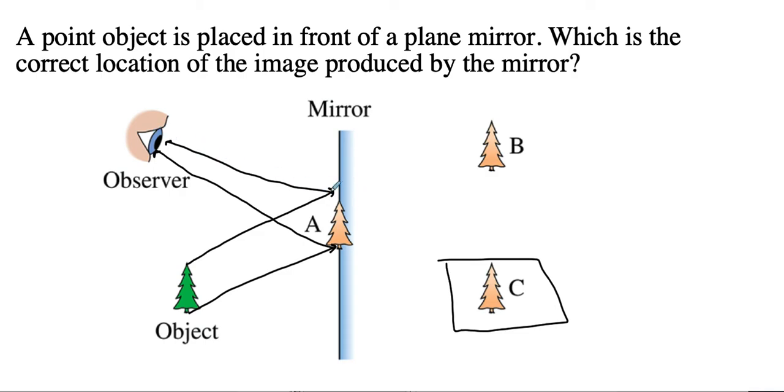The extension of this guy is going to continue down, and this extension is going to follow down. And so what you'll see, and you can also do the parallel, but the parallel is not going to make it to the person's eye, so you want to look at 2 from the same point, and you'll see that they'll both wind up going down towards C. And so C is where the object will appear to be, when in reality the object is